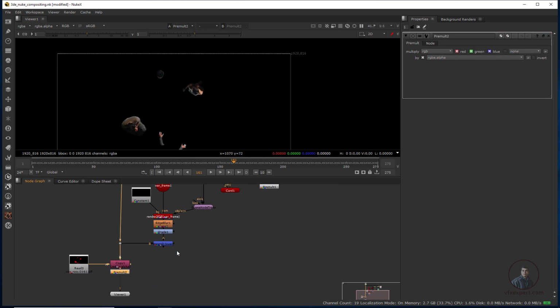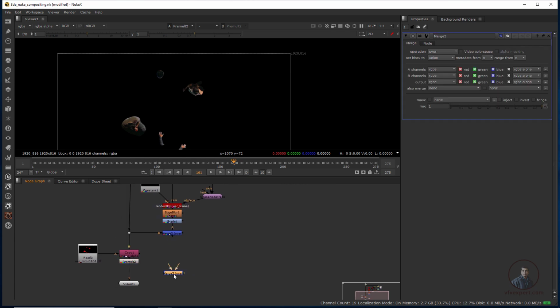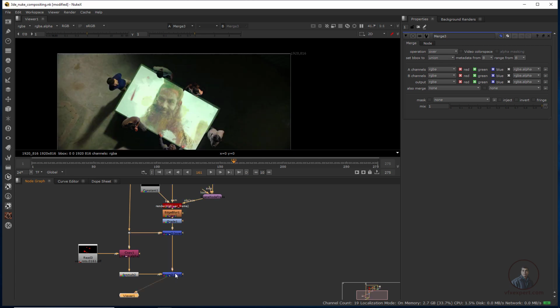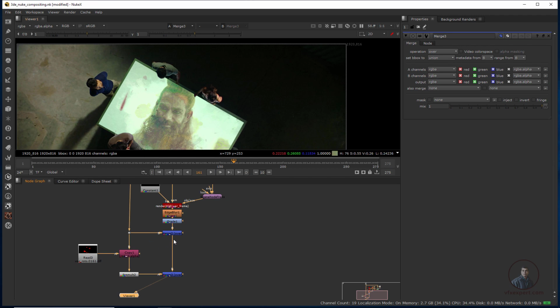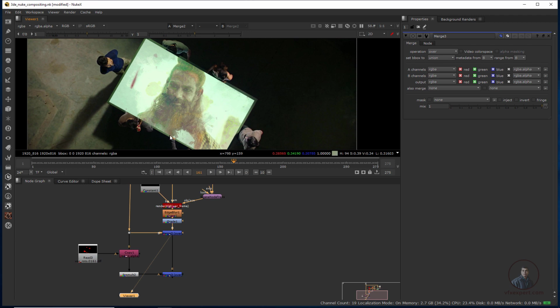After this, finally we have to composite on top of this merge. Now press M. This will be our overall output as the background and this one will be the foreground. Now select this one and press 1. Now you can see easily. If you press 1 here, you will get it like this, and after this you will get it like this. So you have to create this roto, even in Nuke or in Silhouette you can create it.